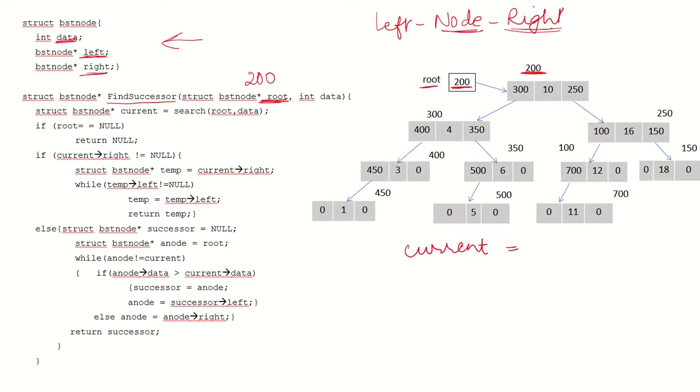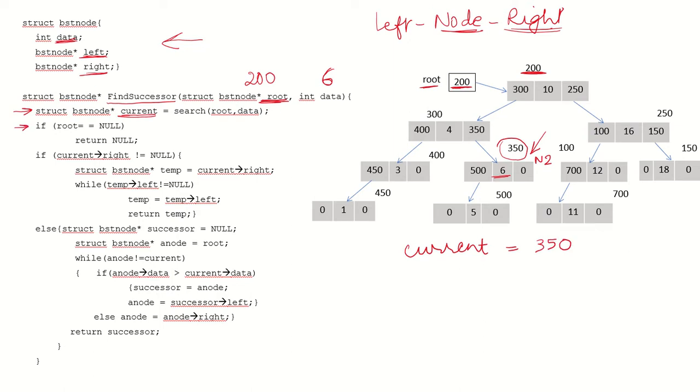So that logic, now we start again. Let's take an example of a node which does not have a right subtree. So suppose we are passing data 6 over here. Again we will start over here. We will find the node which is containing this value 350. Suppose this node is n2, and this is going to return the value 350 because this node at address 350 is having the data 6. So current is having the value 350.